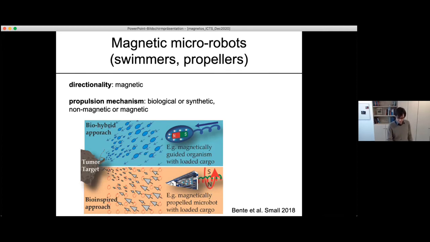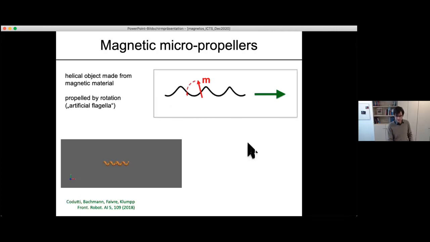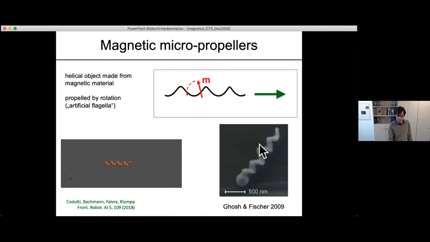And well, if you have, for example, a helix that has a magnetic moment perpendicular to the helix axis, then that's something that you can propel. This is from a simulation, and people have done this already, maybe 10 years ago or so. This is one example from the lab of Per Fischer in Stuttgart, who made these very elaborate helical structures that can be propelled now with a rotating magnetic field, because you generate the rotation with a magnetic field in